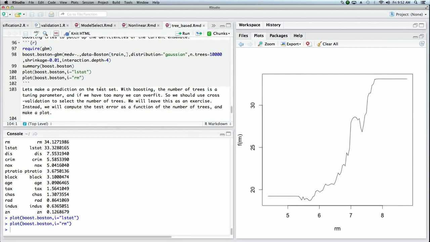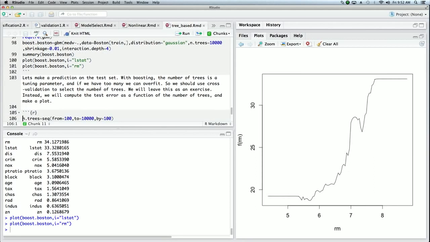Okay, so what we're going to end off the session by doing is predicting with our boosted model on the test data set. Normally one would use cross-validation in boosting to select the number of trees. We won't do that here. We'll leave that up to you to do. You'd have to run the cross-validation yourself. In fact, the other tuning parameters, like the shrinkage parameter, are tuning parameters, and one would probably use cross-validation to select that as well. So there's a little bit more work and fiddly stuff to be done with boosting over random forest, but